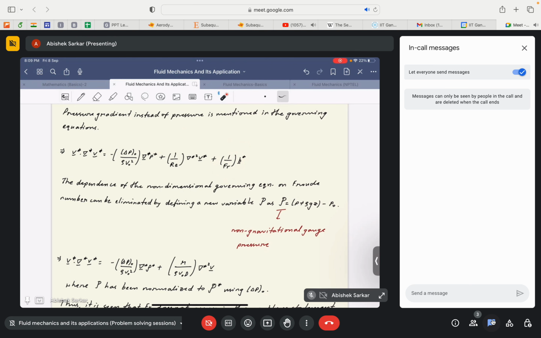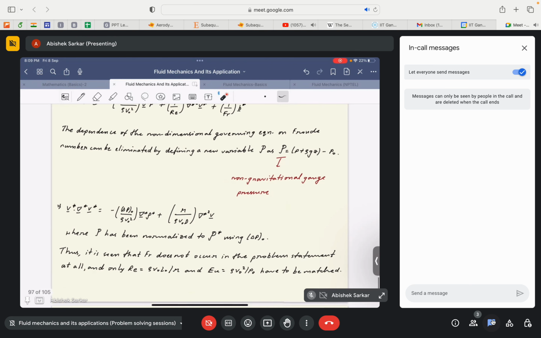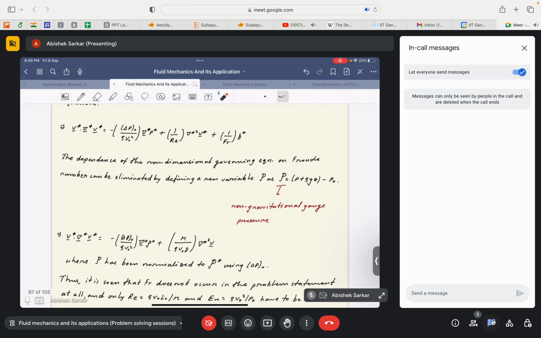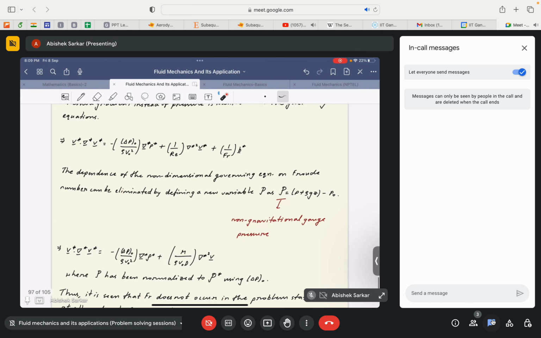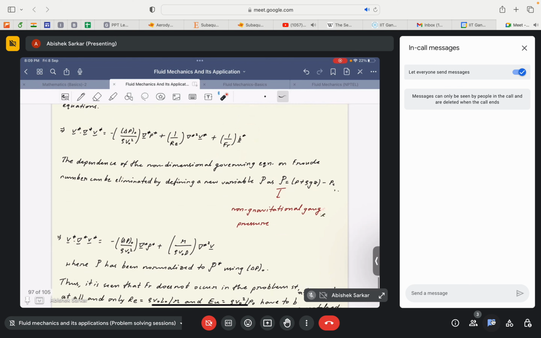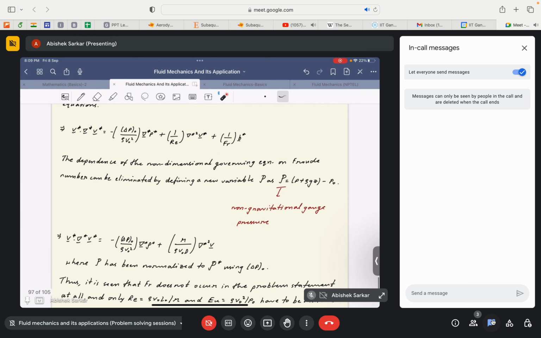So that's not quite new, but it is shown here how incorporating the Froude number along with the pressure gradient term helps in reducing a non-dimensional parameter in the case of the Navier-Stokes equation. Okay, so here, instead of p, we take capital P, where capital P is equal